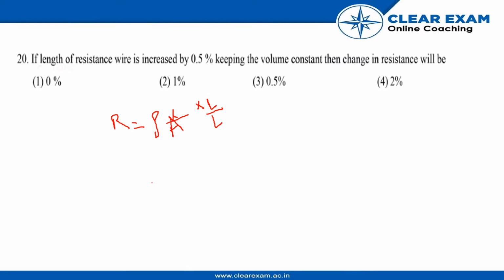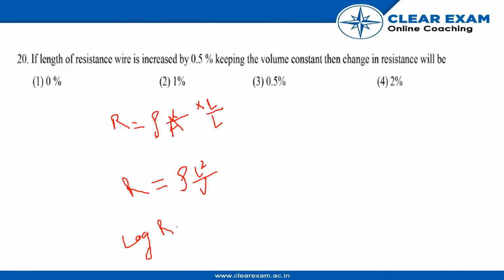So what will it become? It will become rho L square by V, since our area into this L will become V. Now we have to do nothing but take log on both sides. So this was R equals rho L square by V. Now after taking log, it will become